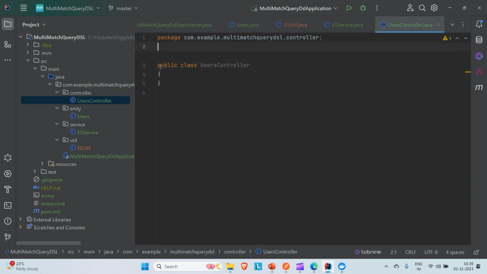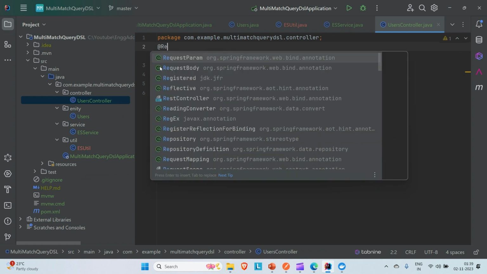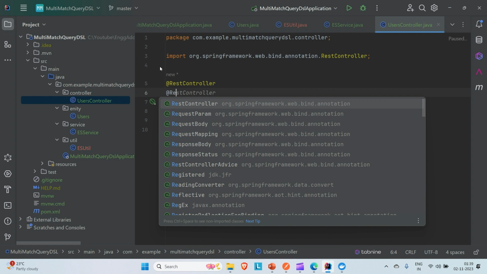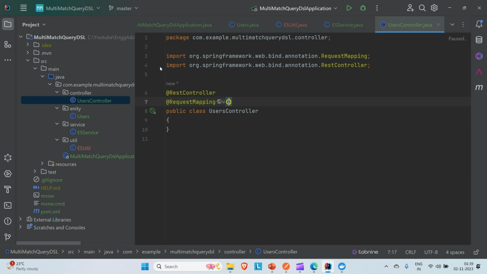Now annotate this class with @RestController, and if you want to annotate the request mapping also, you can do that for the class level mapping. So let me try to provide the class level mapping as the APIs or API, something like that. Come here inside the user controller class and